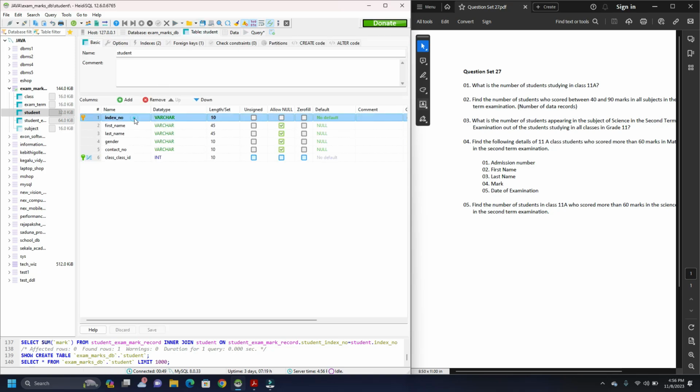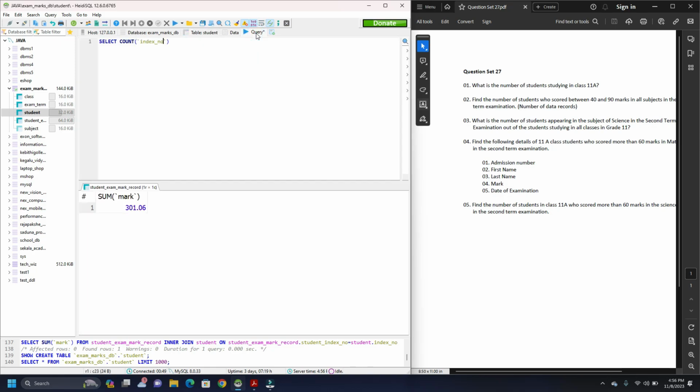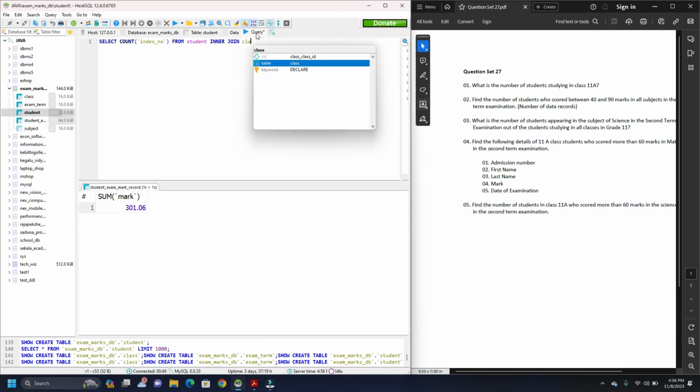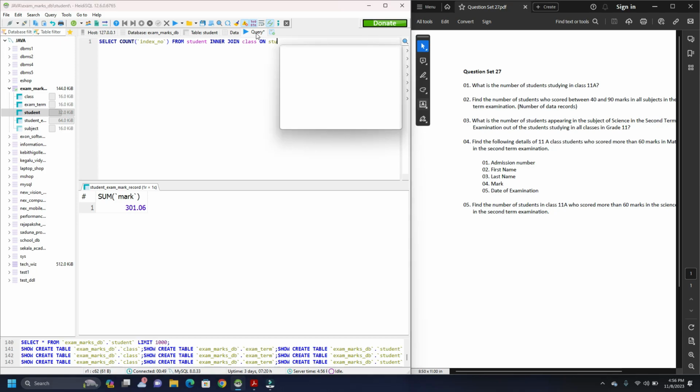I'm going to use index number from student table, inner joining it with class table on student dot class id and class dot class id,